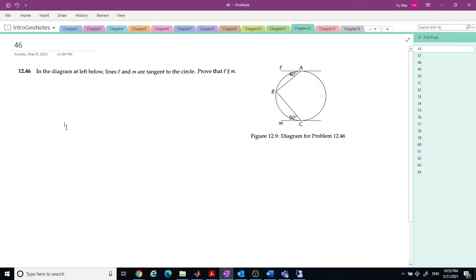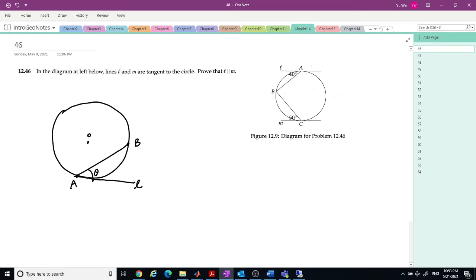Okay, let's move on to talk about the challenge problem of chapter 12. It's about circles. Before we move on to the actual problems for the circle, I want to give some initial important results. If we have a chord AB inside the circle O, and a line L that is a tangent line,